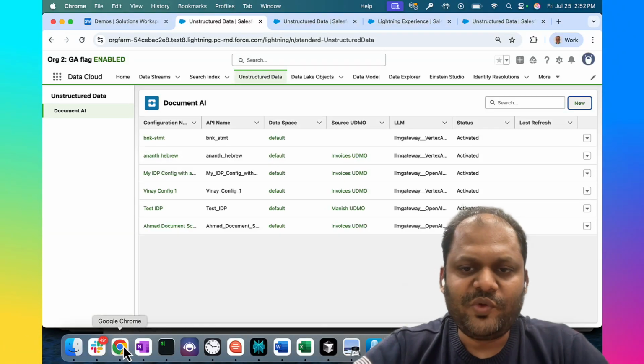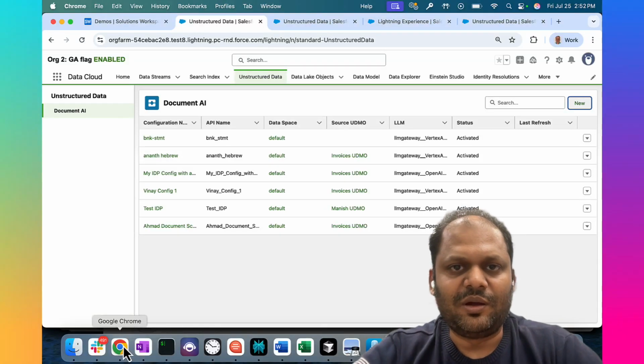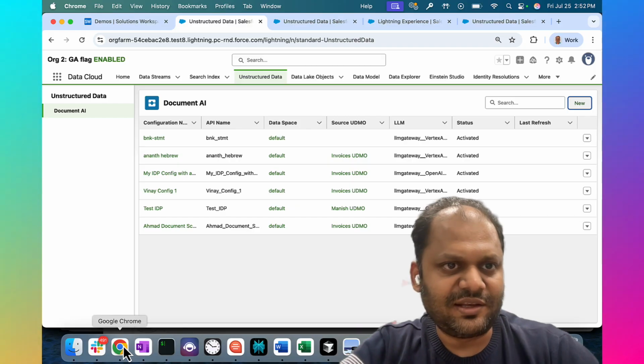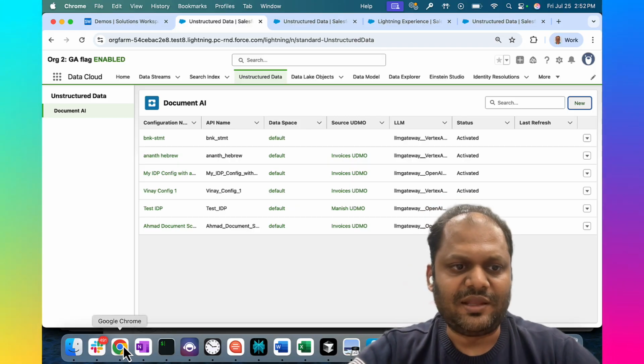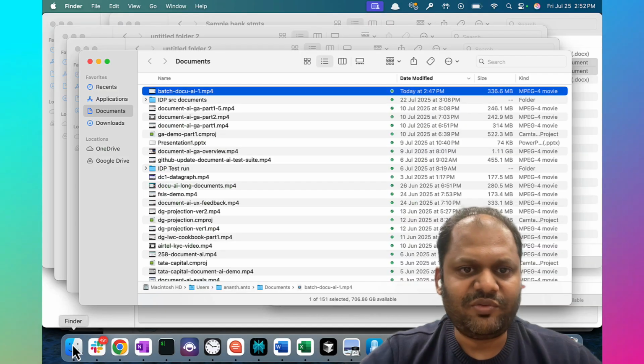Hello. Now we are going to see how to set up a bulk processing pipeline for extracting data from documents. And as an example, what we are going to do is